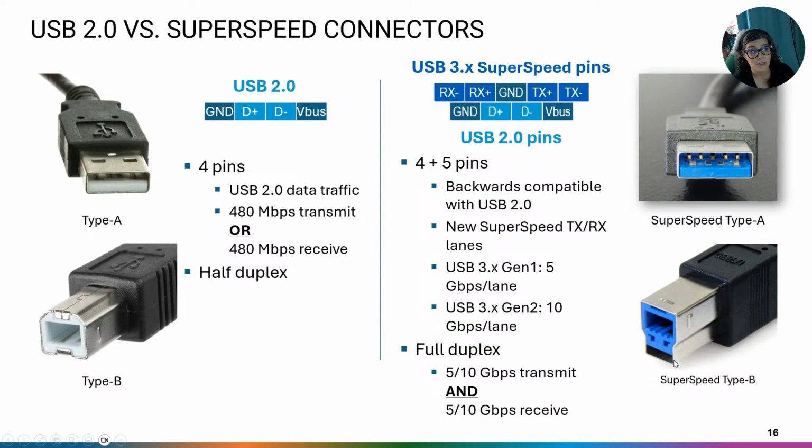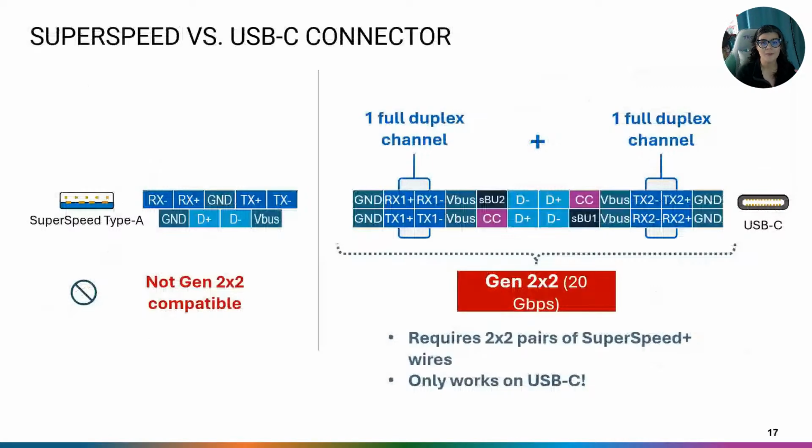So that's what this little hump right down here is, which means it's just not going to fit into an older port. If it fit in there, it would absolutely be able to do that data transmission. So the reason I really want you to be able to understand this is so that you can really understand how the USB-C now truly shines, because the USB-C goes from the 9 pins of our super speed type connectors up to 24